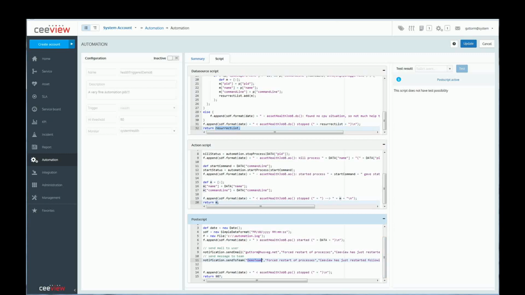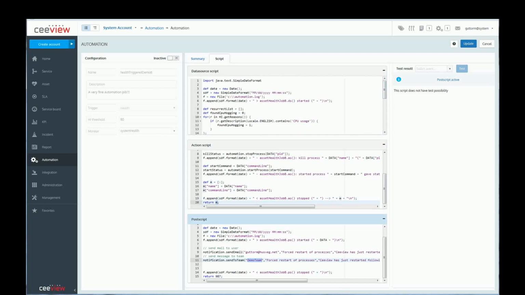Right, so those are the 3 scripts we're going to use. Let's just verify that there are no issues here. Good. And then let's run the action script. Fine. Currently there is no test mechanism for the post script. So finally we need to activate this script, but before that